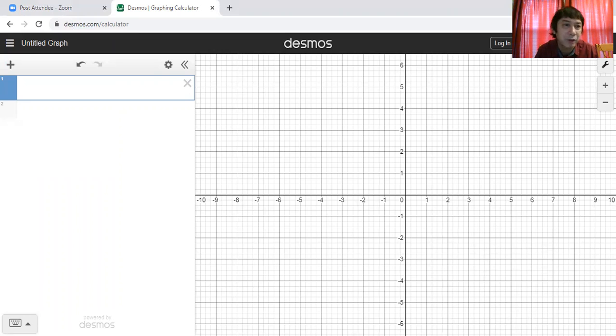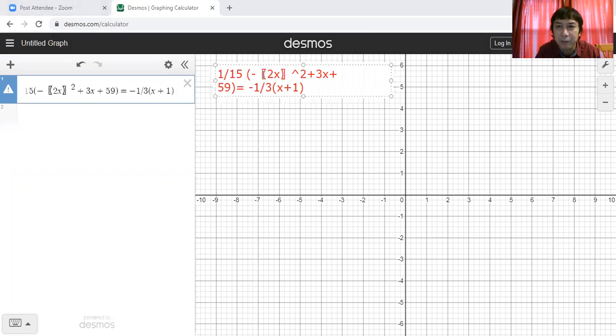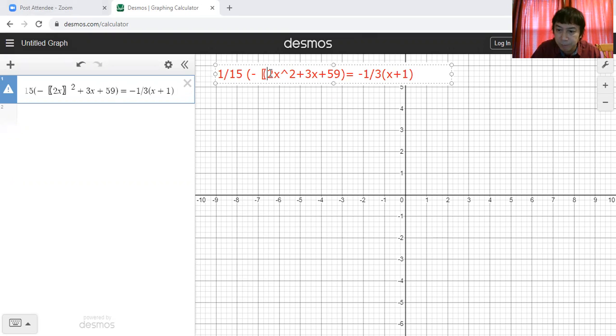For the first problem, you can use the upper left open field here and paste, Control V. You can also type it right in your graph. And this is our equation. It's a one variable equation, you can see just X. So let's do a little adjustment there. So this is the equation.